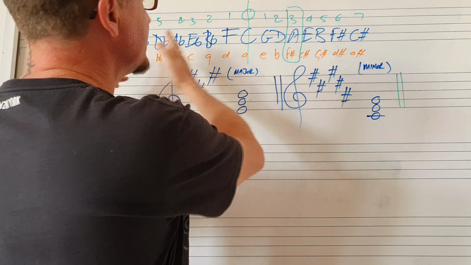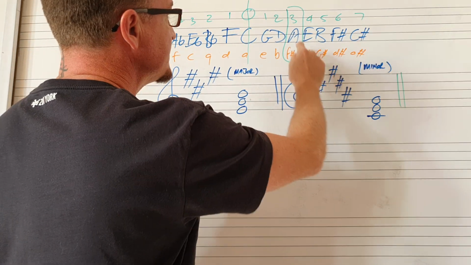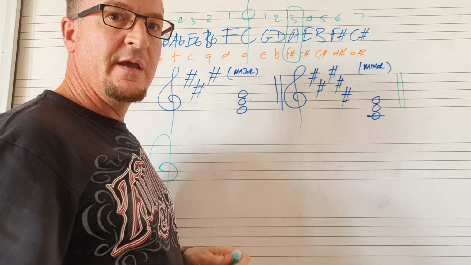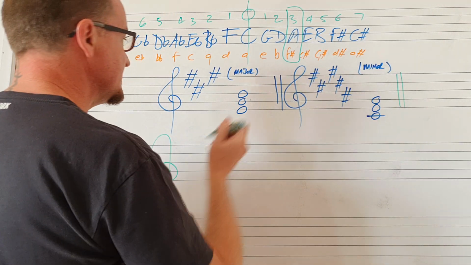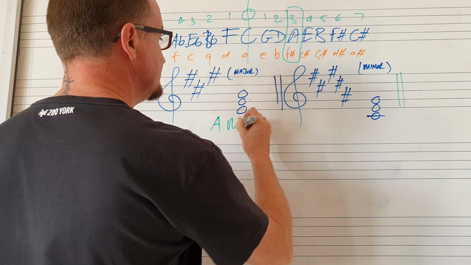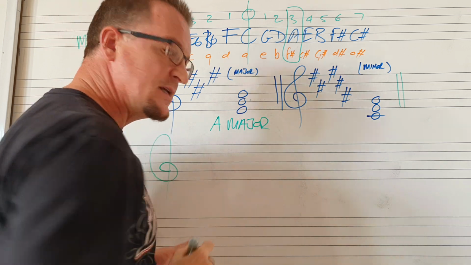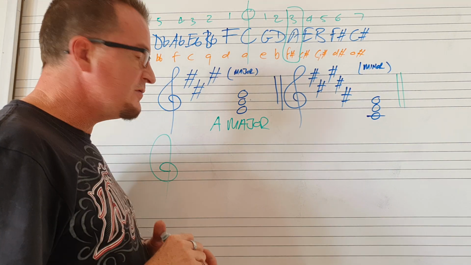And I encourage my students to go to the key line and say, right, it's A major. If it's a major key and it's A, it has to have three sharps. So it is A major. So that's the easy part done. Now you know you're looking for three